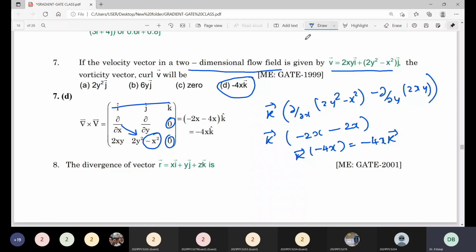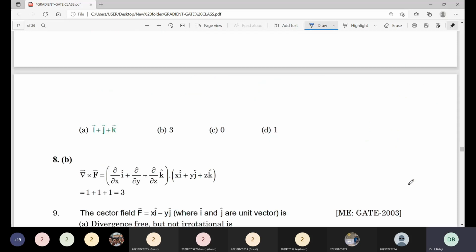2x this one. So minus 2x into k, that is equal to minus 4x into k. Right. So the next GATE question: the divergence of vector r is equal to xi vector plus yj vector plus zk vector. It was asked in the year 2001. Now, the divergence, del dot f, okay, the del dot f is